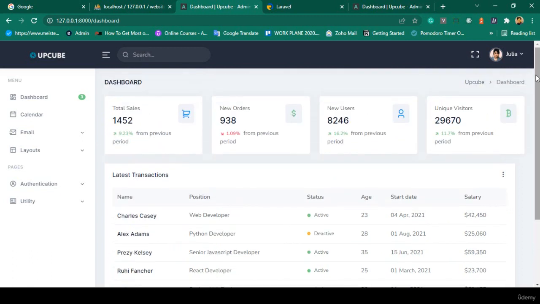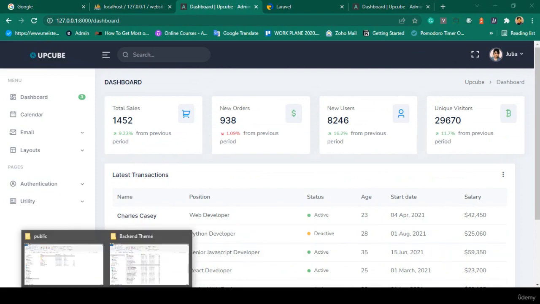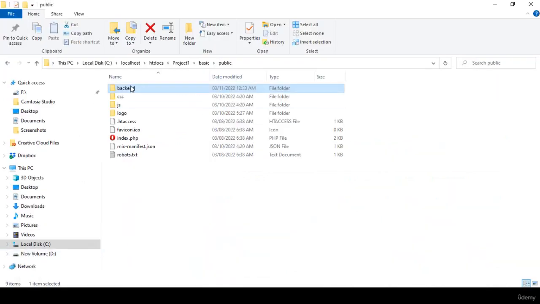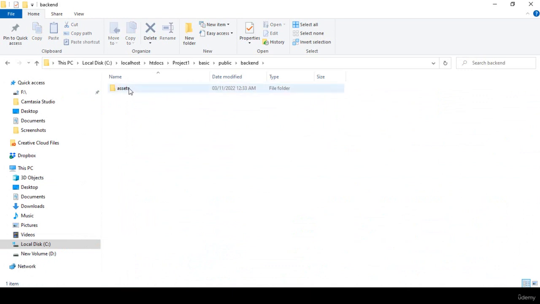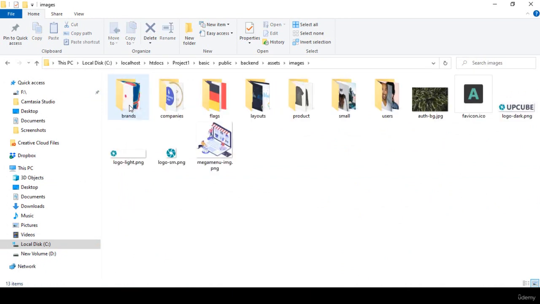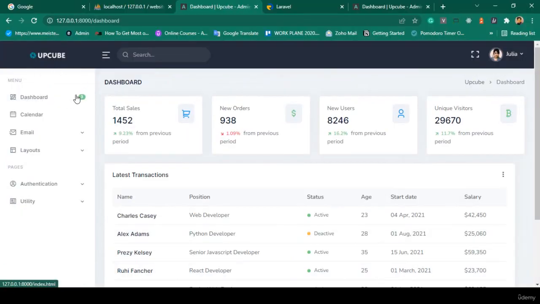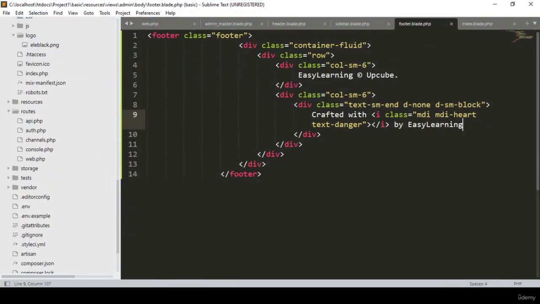Now that is very lucrative. And also there is another logo. If you want to use your own logo, it's very simple. Go to our public folder. Into the public, there is a backend folder, and that is our theme asset file. Into the theme asset file, if you go to the images, you can see that is one of the PNG, and also there is another PNG. Simply change that PNG and then automatically that will be uploaded, and our image icon, that means our icon is